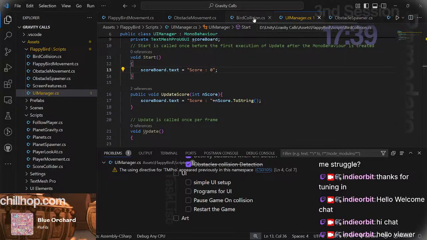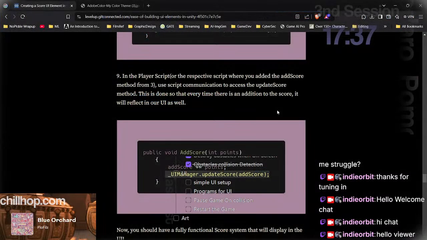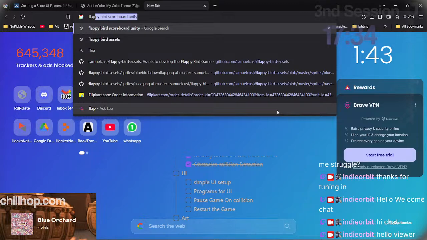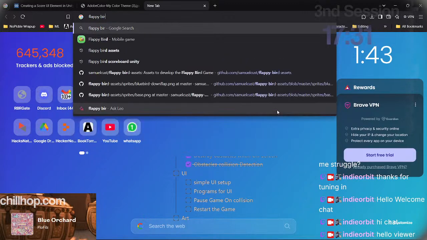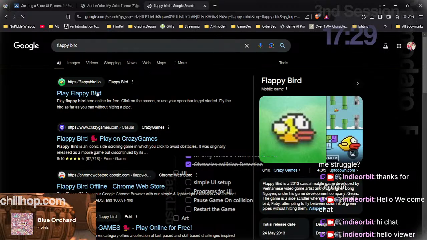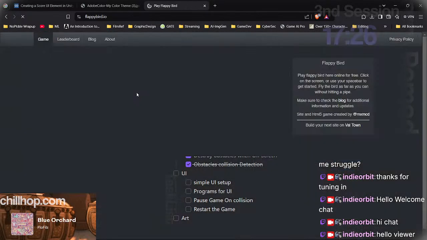Now I need to play Flappy Bird, I think, to figure out how it works. Let's try to figure out what it does and what it doesn't, because we have actually played most of it on our own, copy or instance, whatever you want to call it. But as per